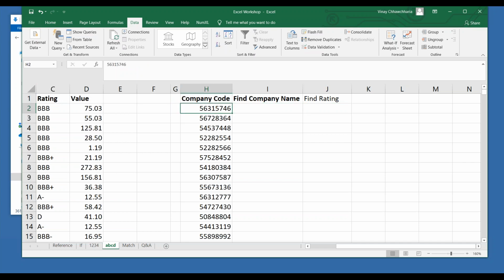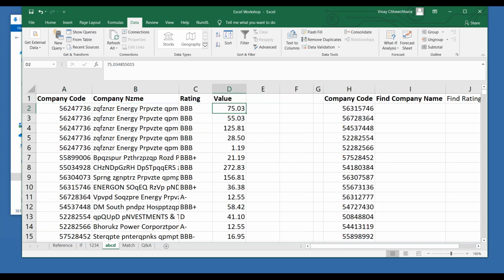So with the help of VLOOKUP, we will try and find what is the company name for this code and what is the rating for this code. Now, is everyone clear with the concept of VLOOKUP? If not, please post your query, because if there are issues with the concept, why it is required, no point in going ahead. Yeah, I can see a good number of confirmations. So I'm just repeating it again.